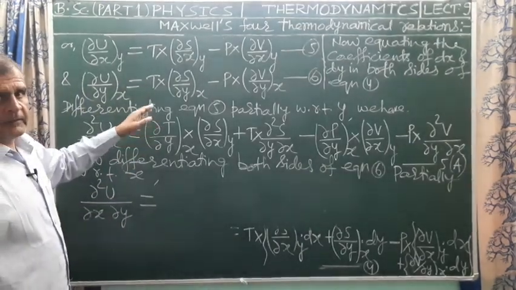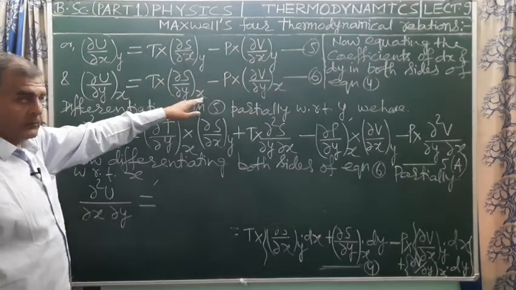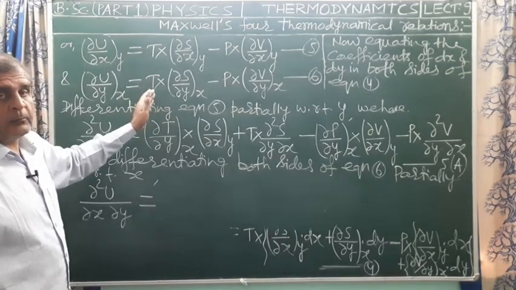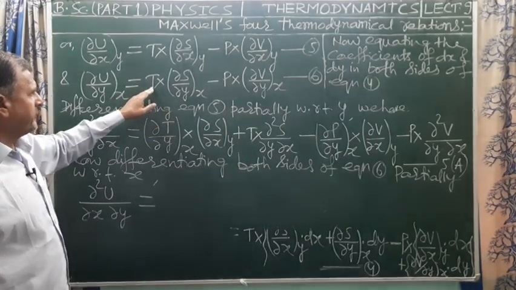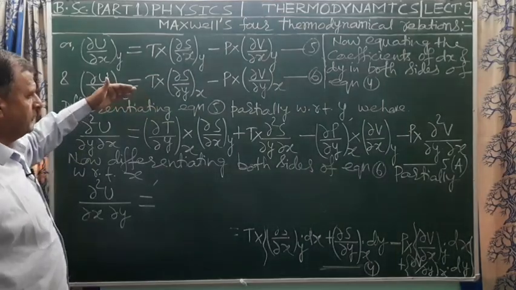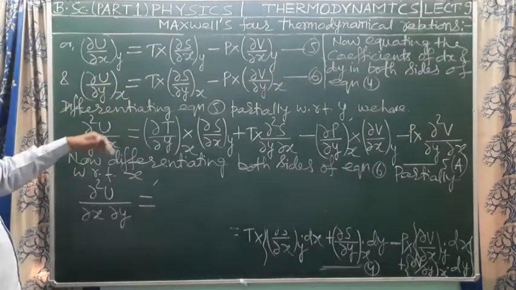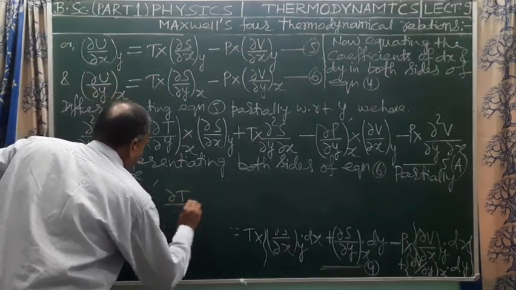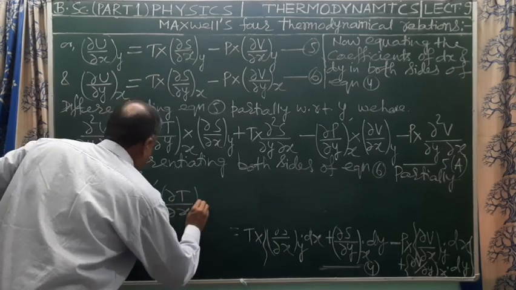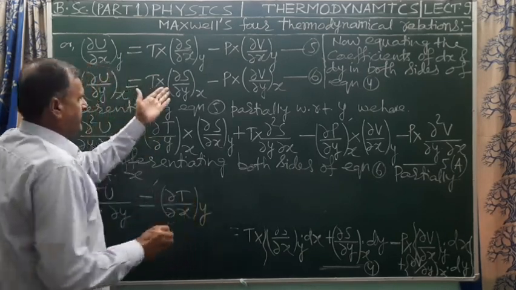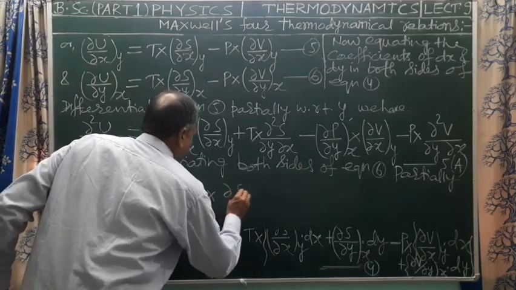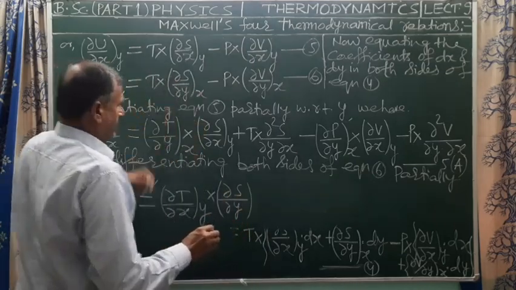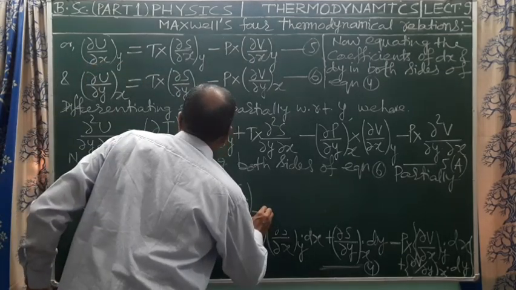in RHS first term is t multiplied by del s upon del y at constant x, that is again the differentiation of product of two variables. So first of all we have to differentiate t partially with respect to x. We have del t upon del x at constant y multiplied by, अब सेकेंड टर्म कांस्टेंट होगा इसमें, multiplied by del s upon del y at constant x,